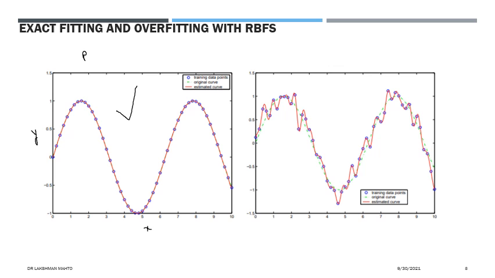But if someone increases the number of basis functions and it becomes very big, what happens? Definitely, the fit would pass through every point of the given data set. You can see that this red line passes through every point, but does it give the actual fit? It is not giving the actual fit. That means the training error is zero, but the testing error is increasing a lot. That is the issue.